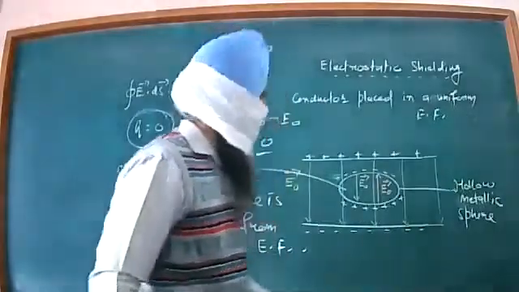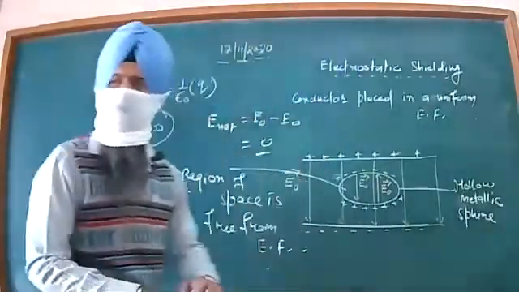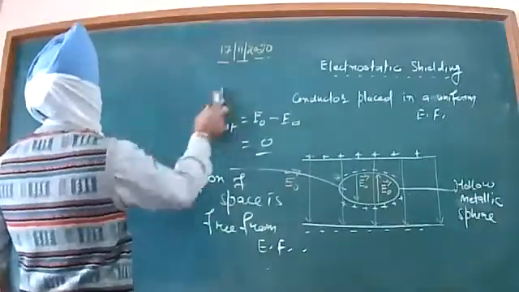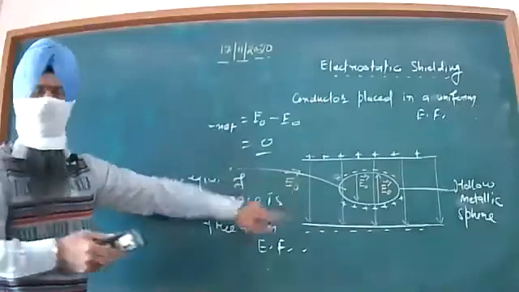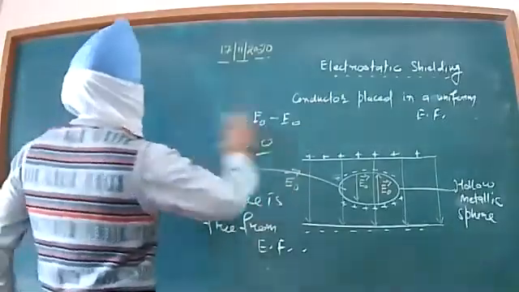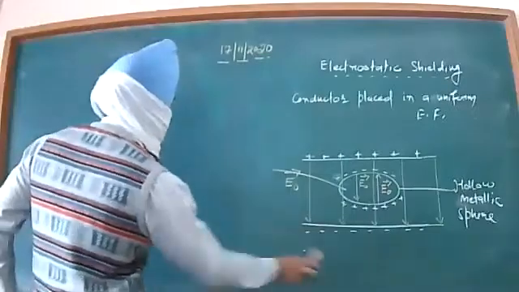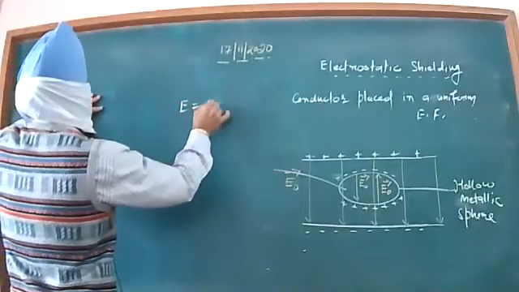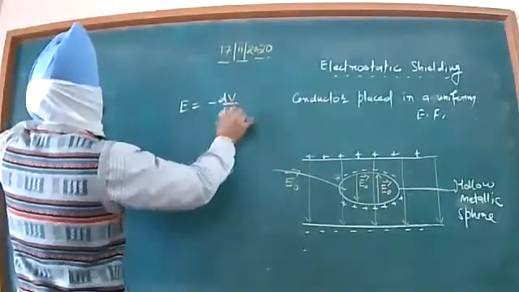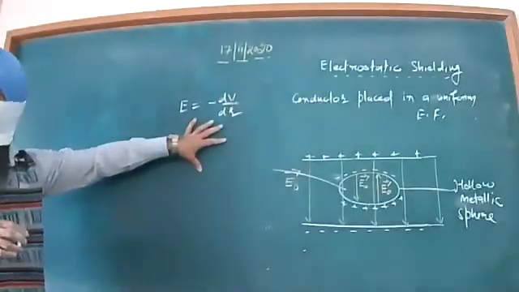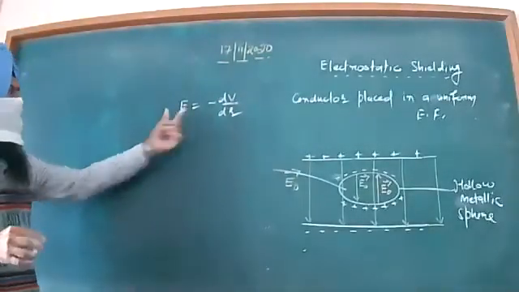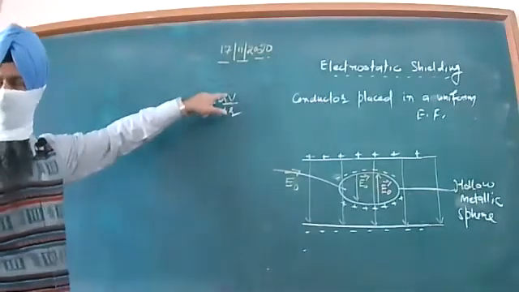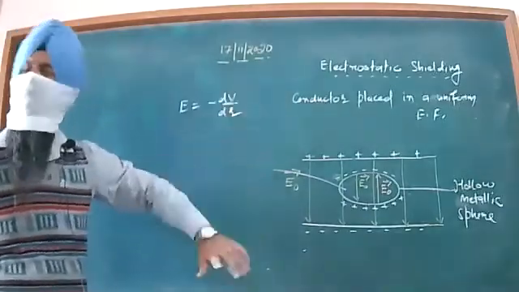So dear children, after this I will be directly focusing upon dielectrics, that is, what we mean by the term dielectrics. There are other properties of conductors also, and you can obviously relate those properties. For example, a small property I am remembering here: E is equal to minus dV upon dr. We discussed this in our previous discussions: electric field intensity is equal to the negative of the potential gradient, whether written as V over L, dV by d, or whatever it is.